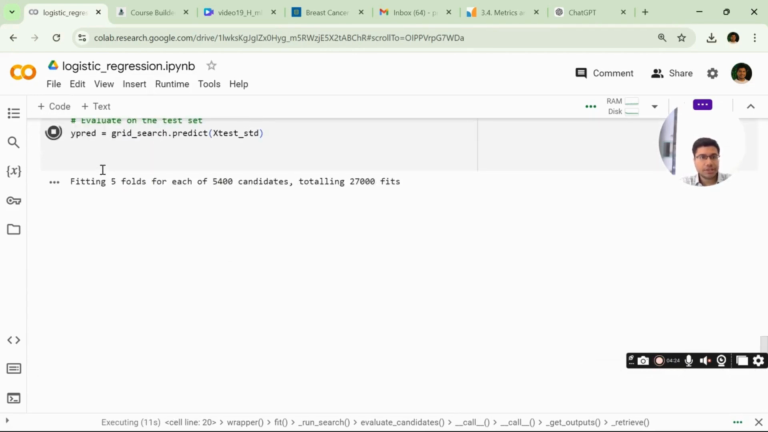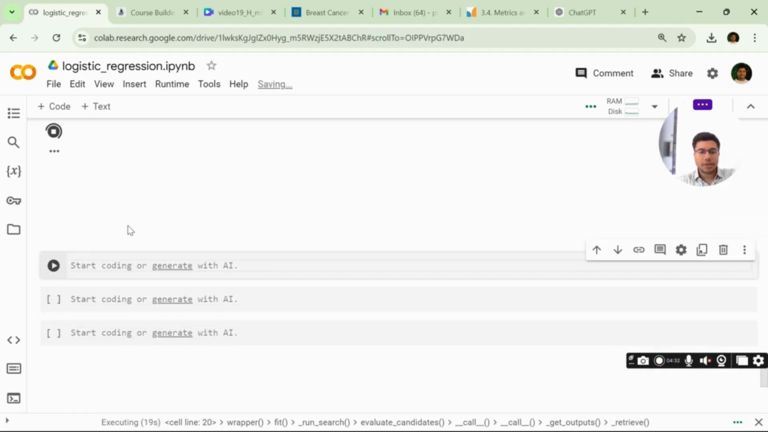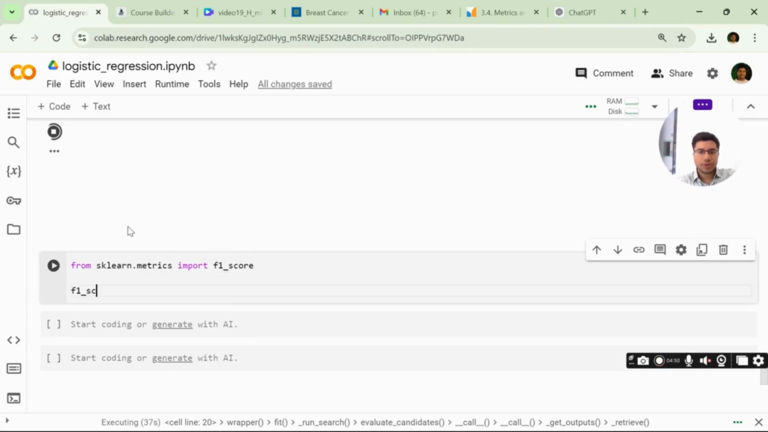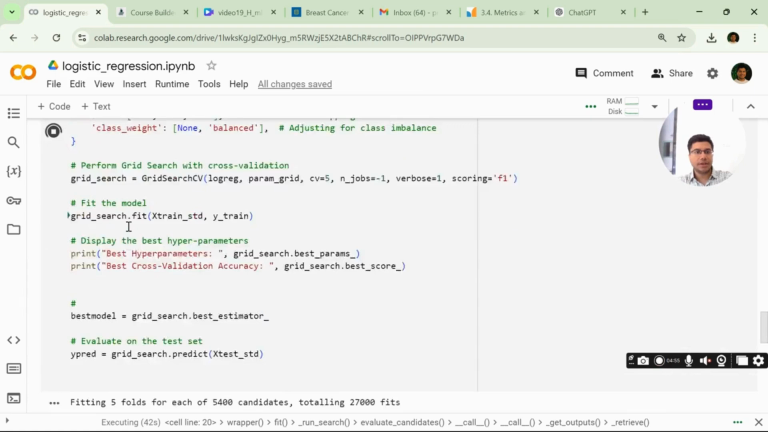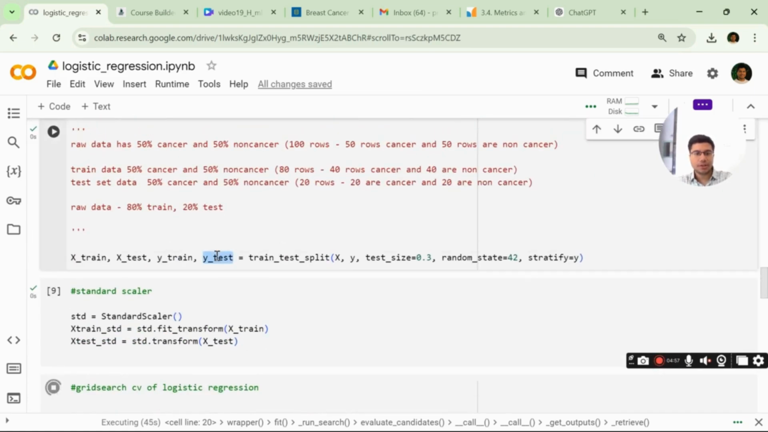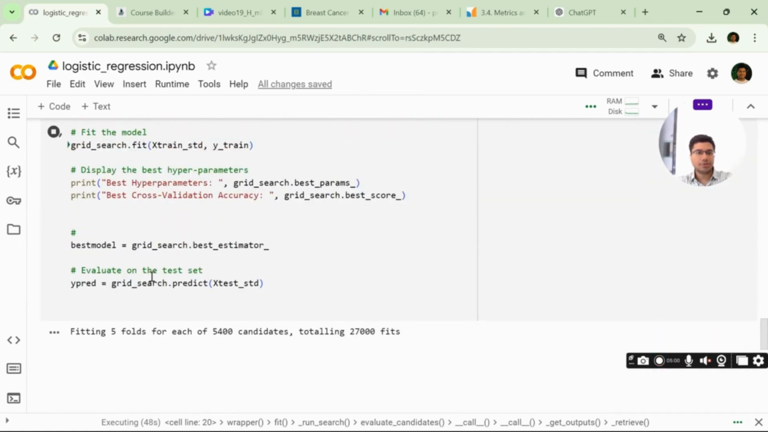Now we have got the predictions of the model, and with that we can calculate further metrics like F1 score. So from sklearn dot metrics import F1 score. This F1 score will be calculated based on the y test and y predictions. It will give us the F1 score on the test